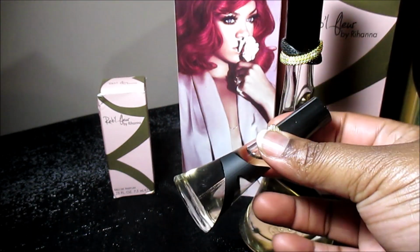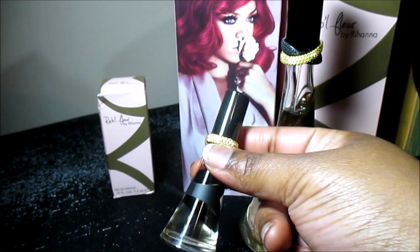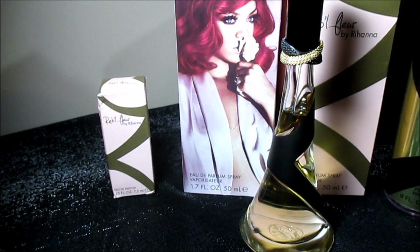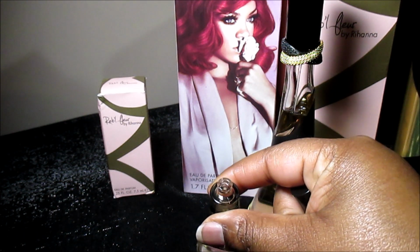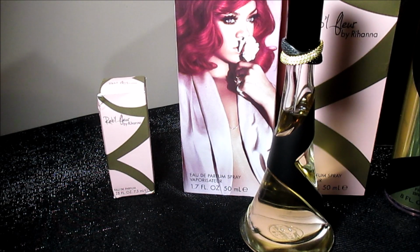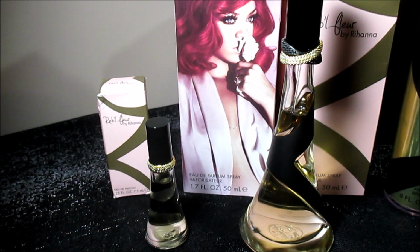And I also got the miniature version. It came with it. It doesn't have a spray nozzle. You take it off and you just dab it on your fingers and then dab it on your body where you want to apply it. So that's cool for carrying with me, but I probably won't ever use this perfume as a travel perfume because I love it too much and I don't want to risk the possibility of leaving it somewhere or breaking it or spilling it,